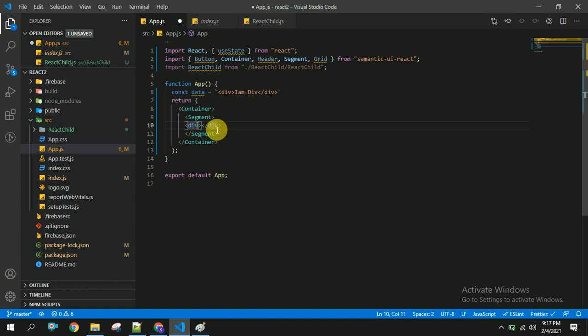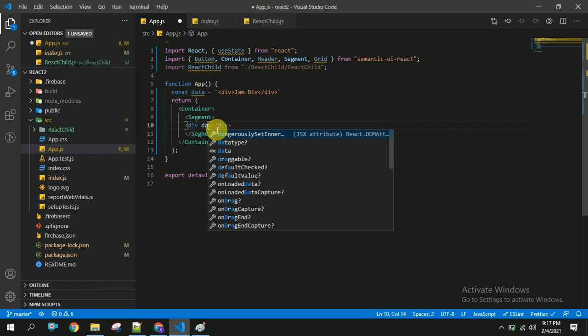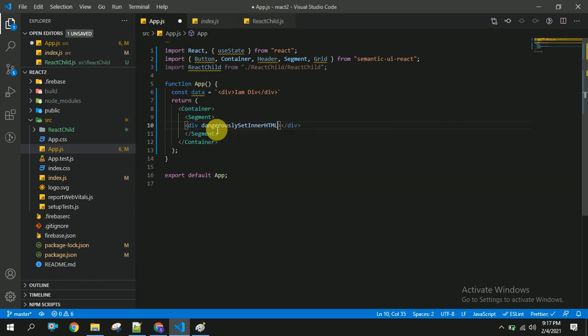In order to bind this, we have to use dangerouslySetInnerHTML, __html: data.